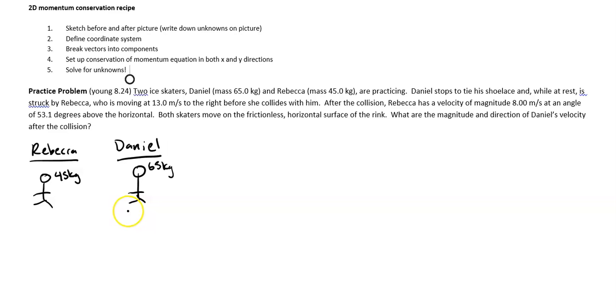Okay, so he's stopping, so I know his velocity is going to be 0. And while at rest, he is struck by Rebecca, who is moving at 13 meters per second to the right before she collides with him. So I will go ahead and draw her going to the right, 13 meters per second. Cool. After the collision, Rebecca has a velocity of magnitude. So this is the before. I should label that. And then after,